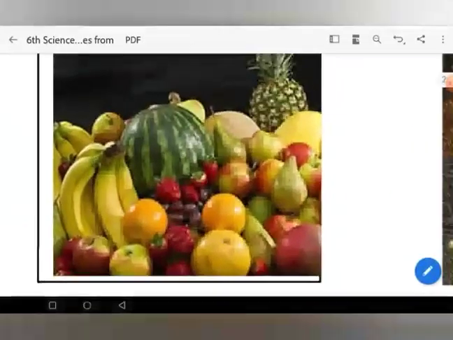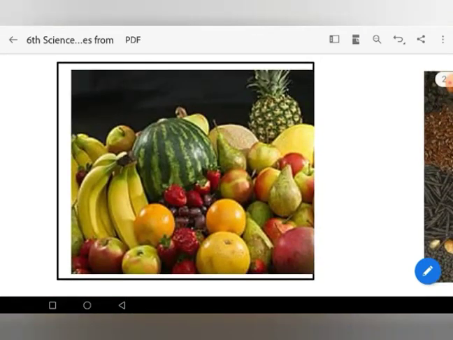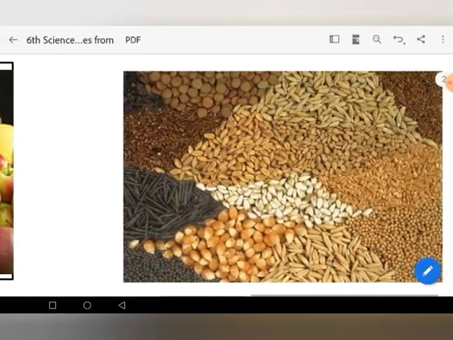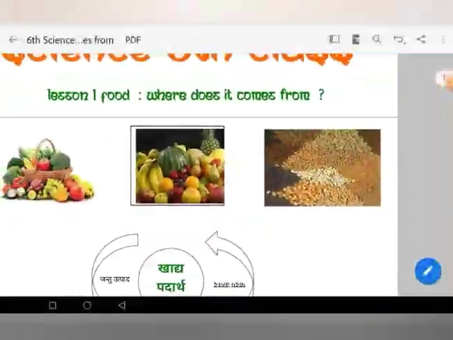And in another picture you find some other fruits: watermelon, the orange, the pineapple and so many strawberries and others. And in another picture you see the food grains: wheat, the gram, the barley and others, and the mustard, etc. So of these three pictures,